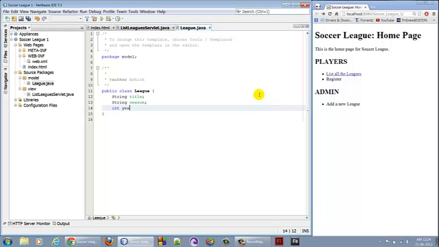One more thing I want to add here is a constructor, public League, with a string date and a string season as parameters. Then, this.title is equal to